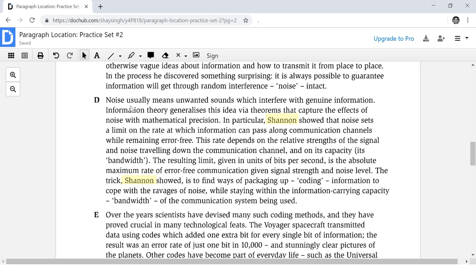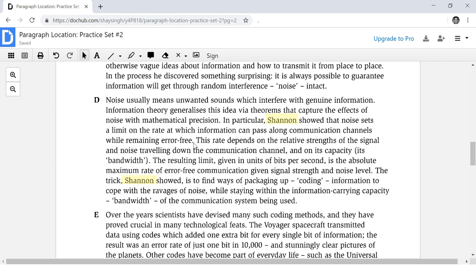So let's go ahead and read these two sentences just to confirm that this is in fact the correct answer choice. Noise usually means unwanted sounds which interfere with genuine information. Okay, so noise interferes with genuine information. It can really affect the way in which the transmission of information happens. Next sentence is, information theory generalizes this idea via theorems that capture the effects of noise with mathematical precision. In particular, Shannon showed that noise sets a limit on the rate at which information can pass along communication channels